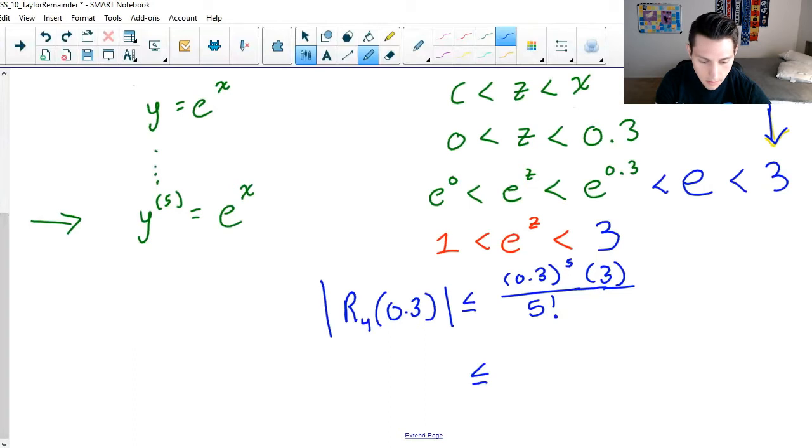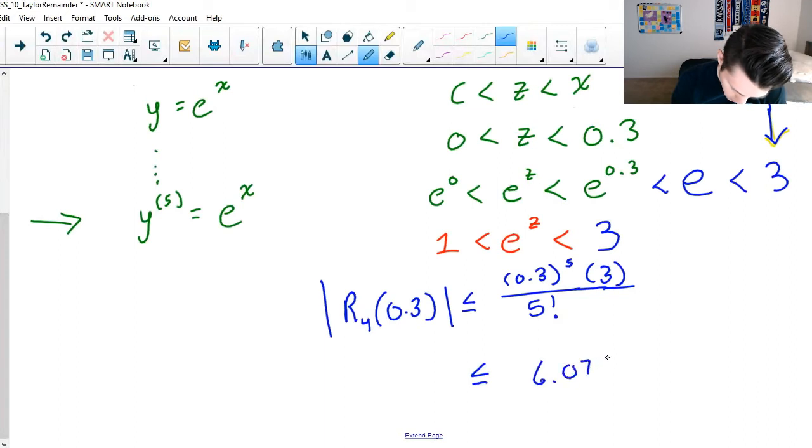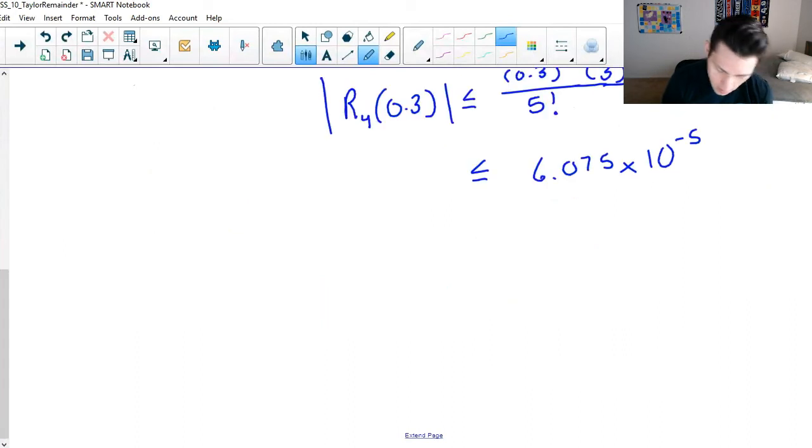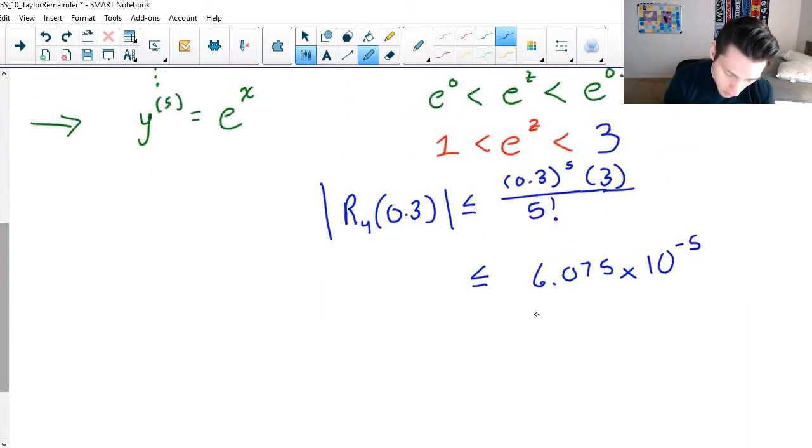And then the fifth times 3 divided by 120. So a very, very, very small number, which in scientific notation would look like this, or if we wanted to actually write that as a decimal,